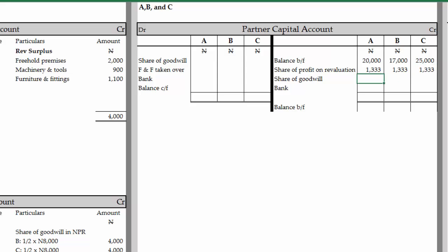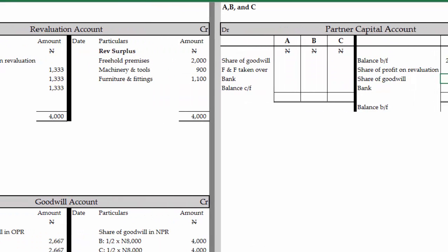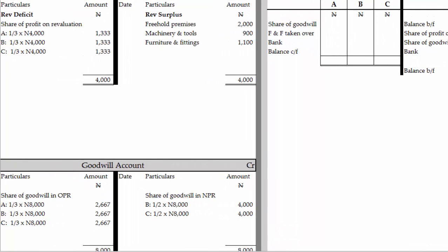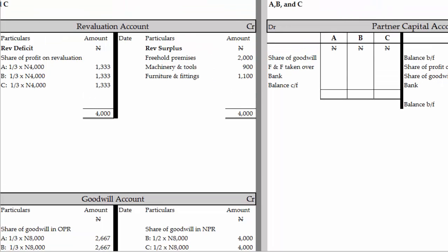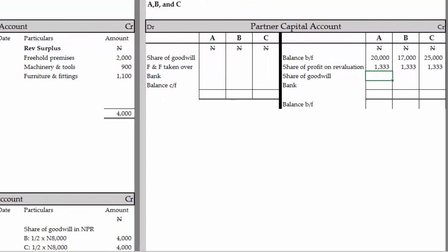The next is the share of goodwill. We debited the goodwill account and we credited the partner's capital account. From the goodwill account, you will see that the share of goodwill in the old profit sharing ratio for A is 2,667, while B and C take the same amount. So let's credit this to the partner's capital account. So the share of goodwill for A will be 2,667, B will be 2,667, and C will be